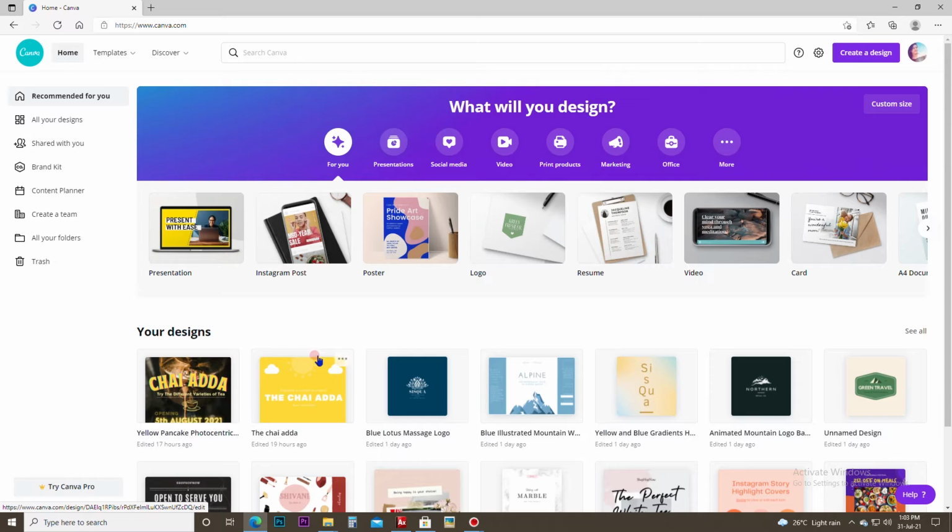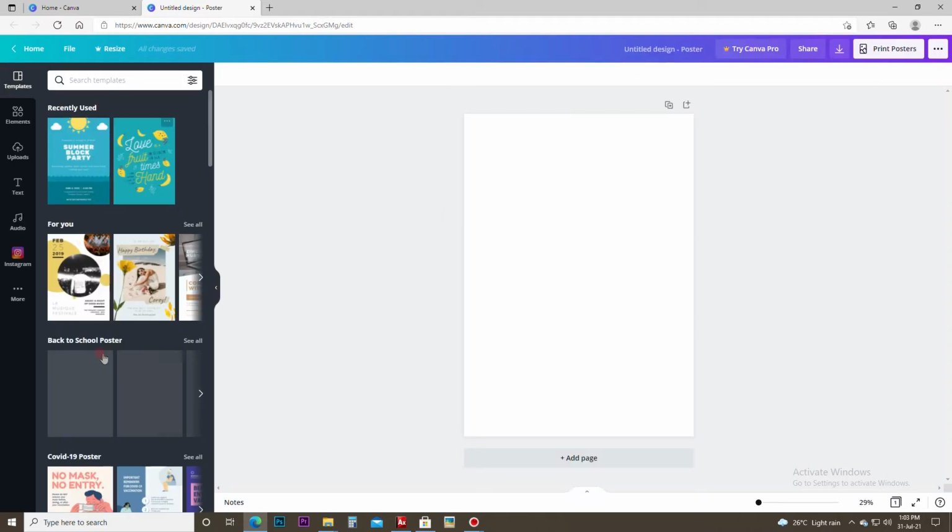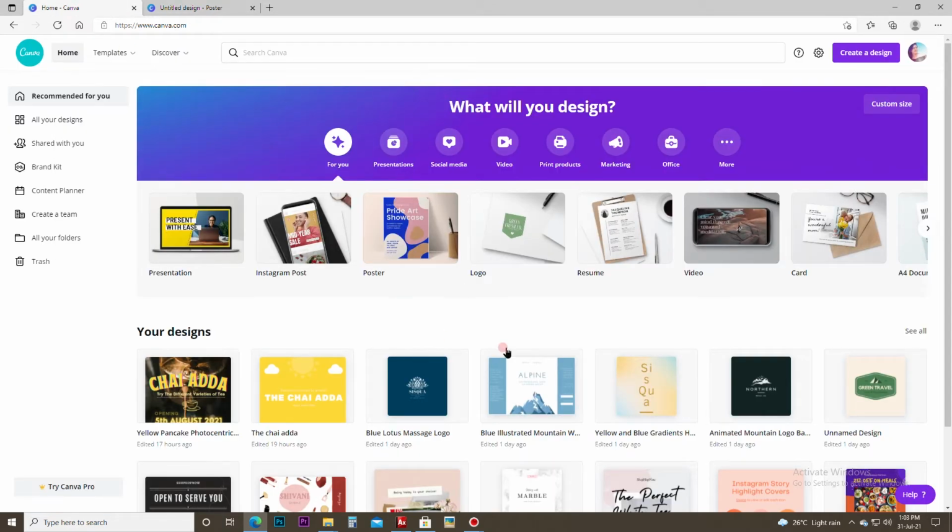So you will get this home page of Canva. You can see here I have already done the design, but I have to show you guys from the start how I'm going to design it. Because it's a poster, we'll click on the poster part, but I normally don't go here because I'll show you. If you go here, it is very congested, and it's not that good. You really can't see the design.